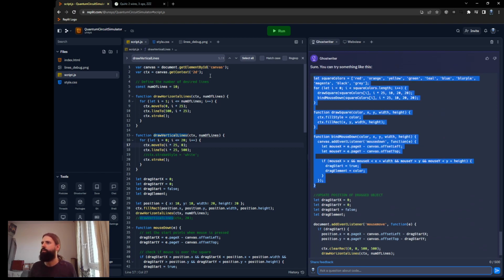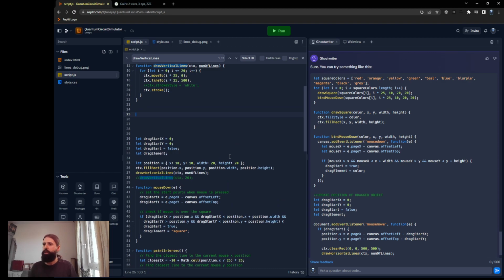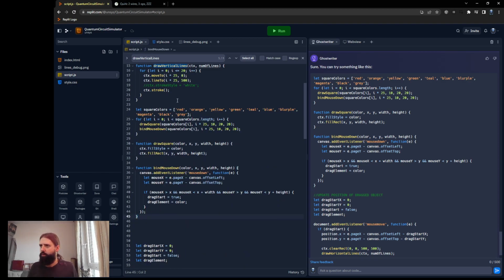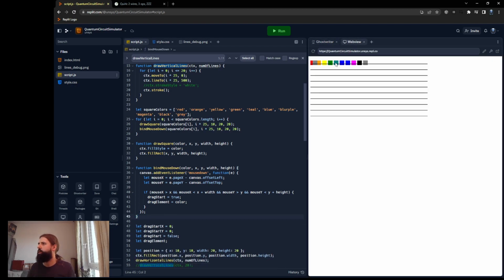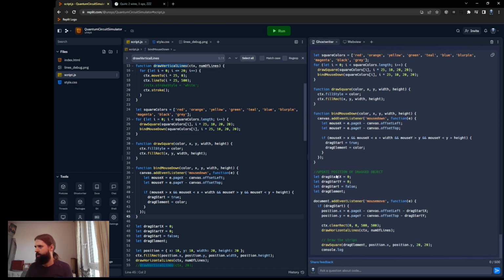So we'll start with, here we have the lines. Let me just put that in here. So we've got the colors. What is this doing? Let's see. That's painting all these different color squares here. Okay, now we'll put them in a better place. So bind mouse down, add event listener. Okay, so basically it's calculating the color based off the position of the mouse,